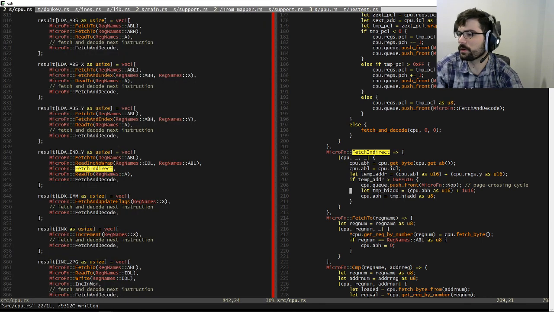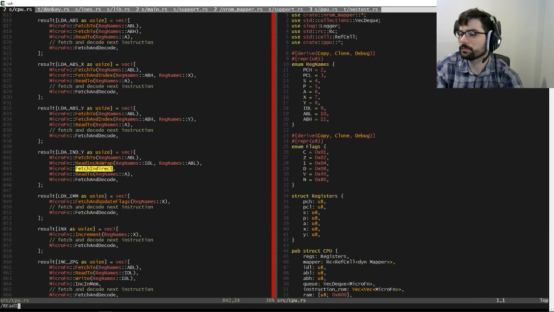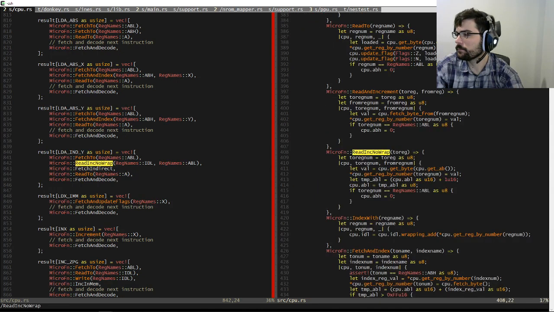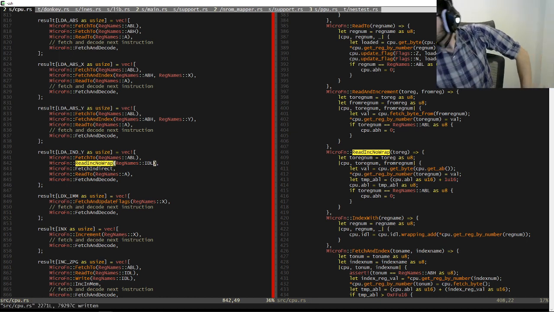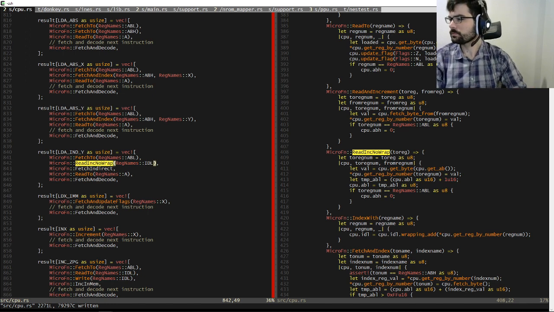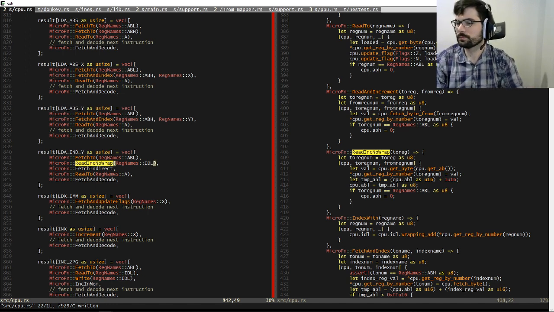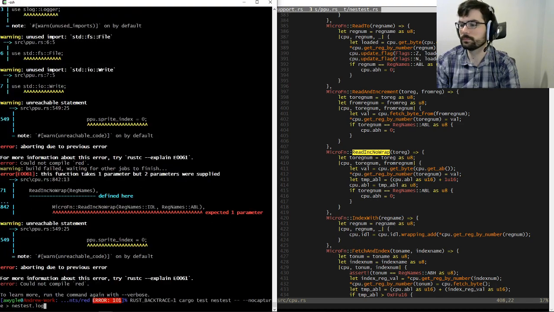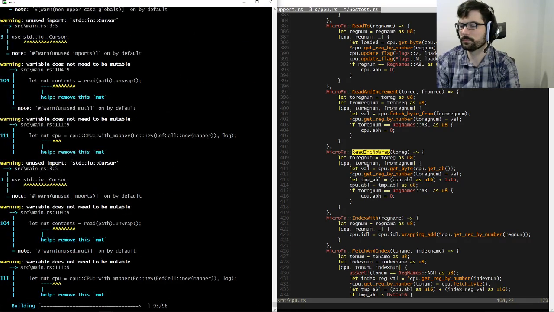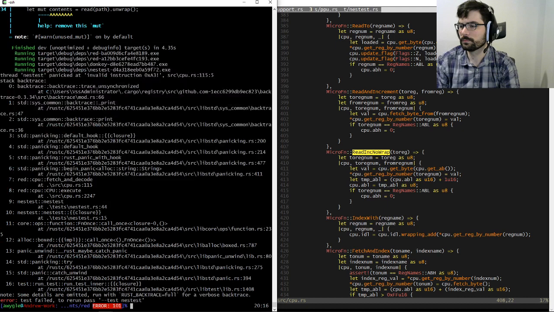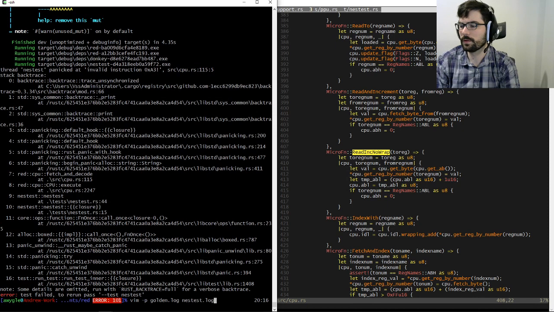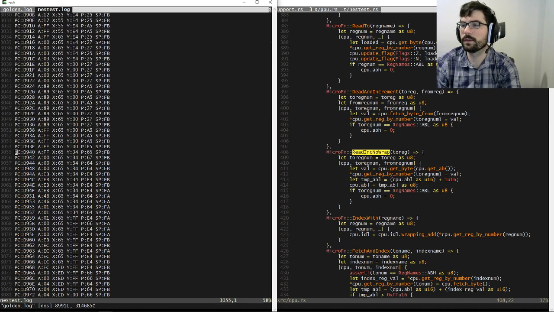Expected 1 parameter. And I guess, yeah, that should be fine. Okay, so we made it to where we expected to make it to again, which is good.